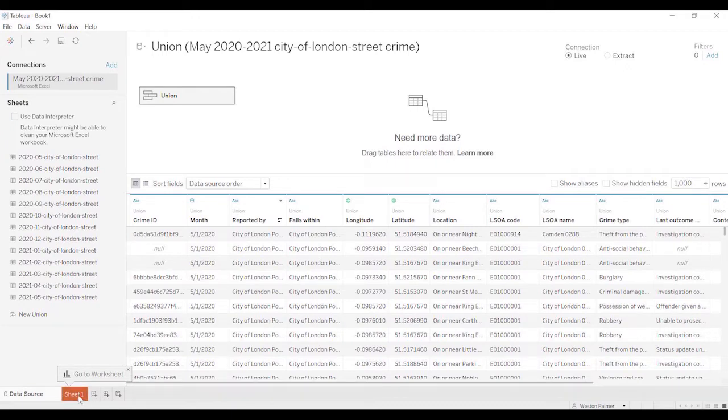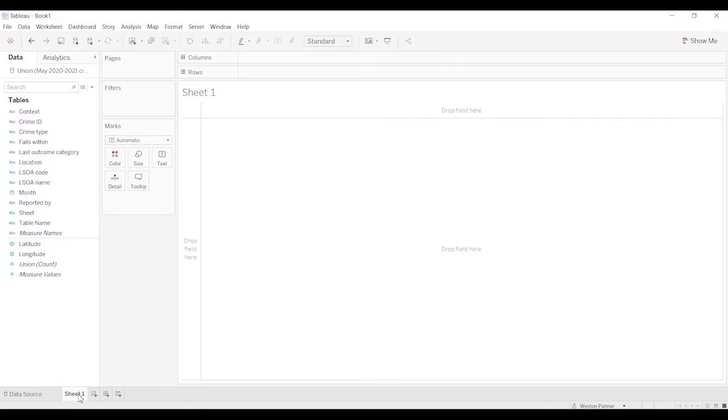So the first thing I'm going to do, a lot of this is going to be just building the structure, and so it's not going to be very cool looking, but it is something we need to do to make sure that the formulas and everything are working. So I'm going to bring month across the top here under columns. Oops, I thought I was. And then we're going to bring